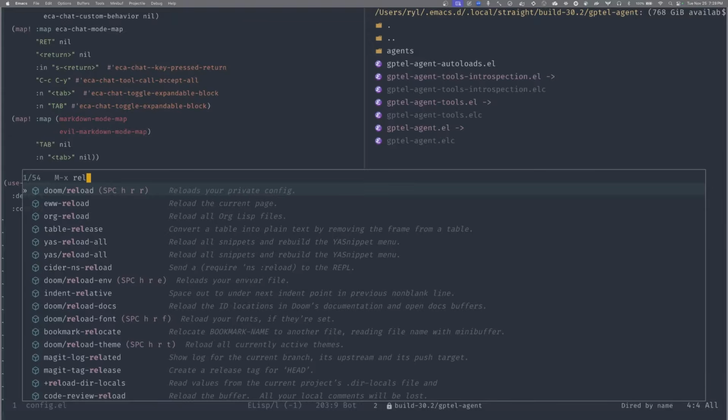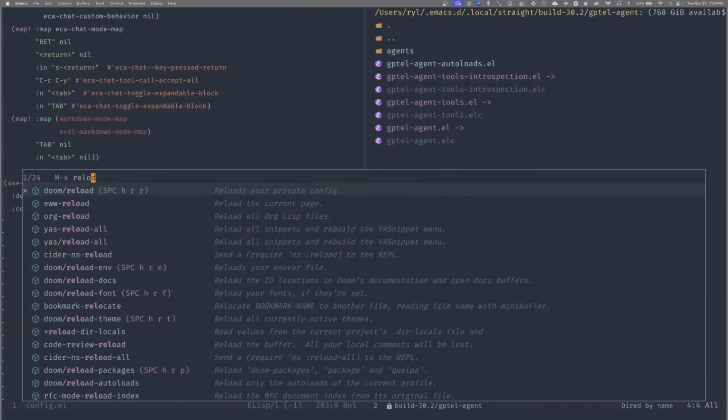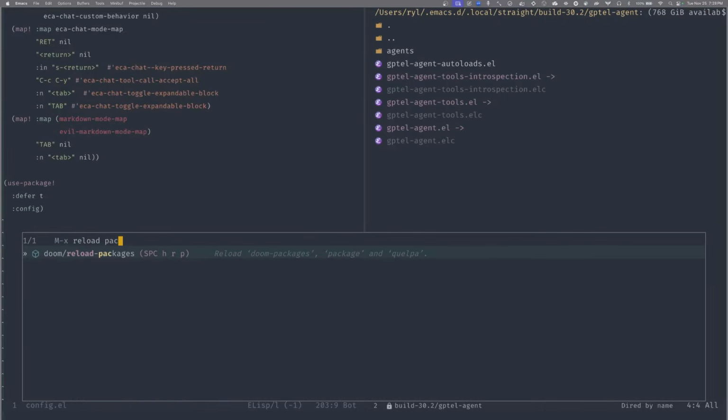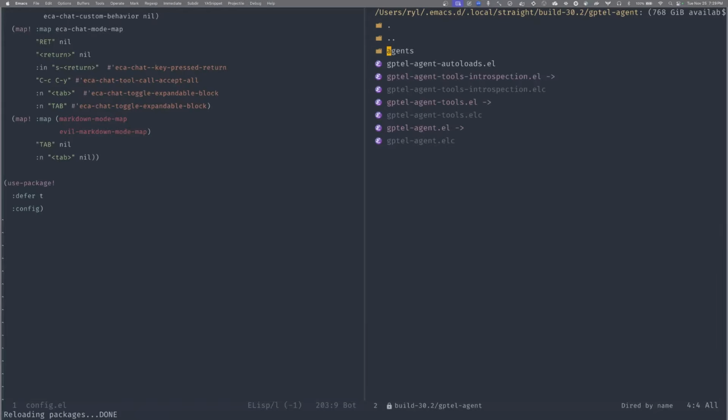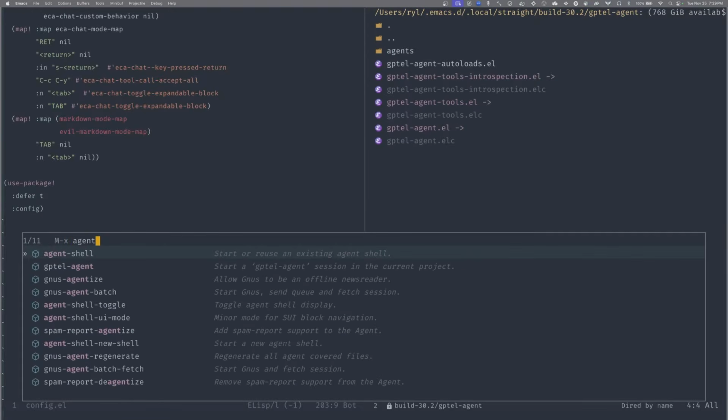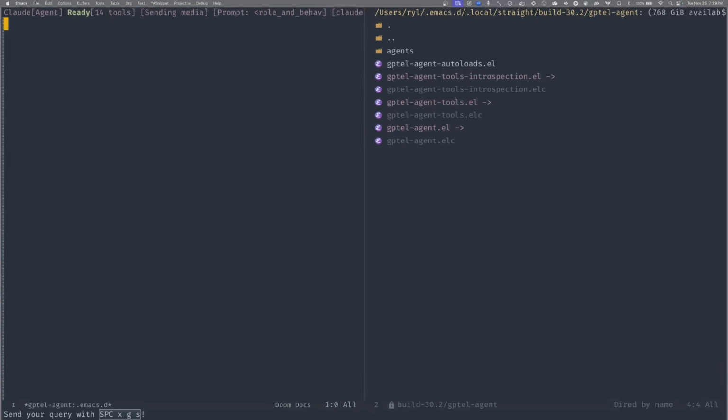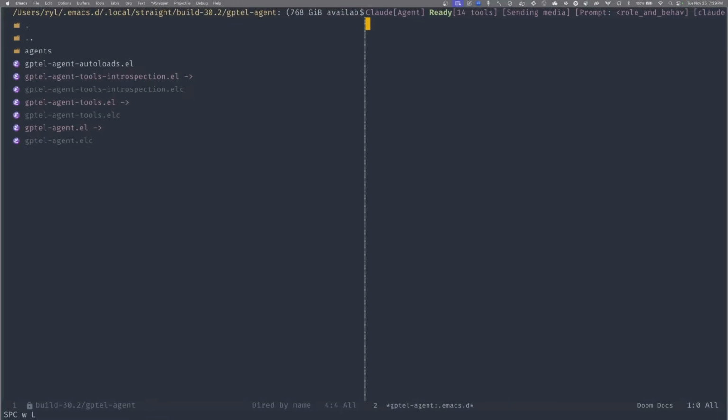Typically, I don't know, let's see, reload packages maybe. No, it did something. Let's see if we have agent. gptel-agent, I have it, okay. All right, we're gonna run this. Okay, we have a familiar